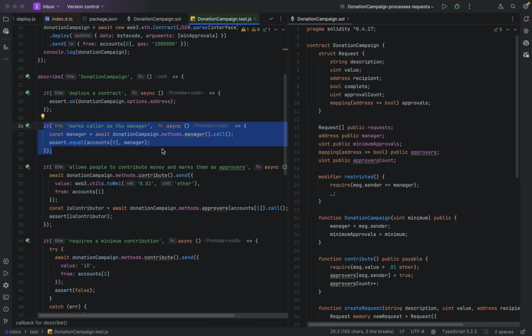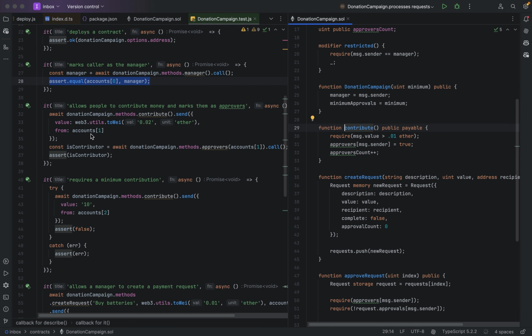Next, we verify that the person who has created the contract is indeed the account which has actually created that contract. So what we have here is a manager field, which we are setting whenever the contract is created. Since this field is public, and in Solidity, if a field is public, it is available for access from the external world. So here I'm calling this method manager to retrieve the value of the manager, and then I'm asserting that the account 0 is indeed the person or the address who has created this